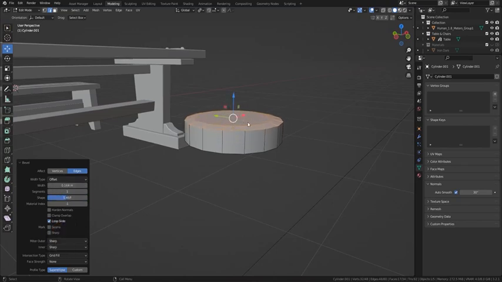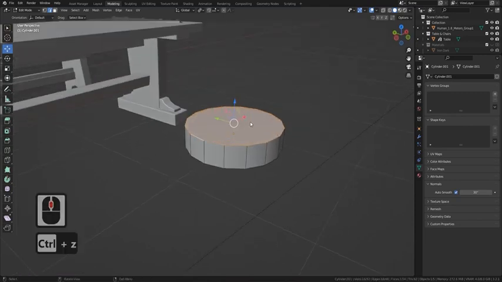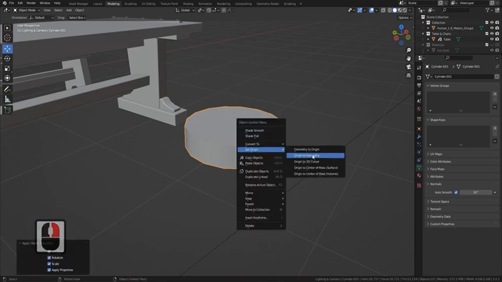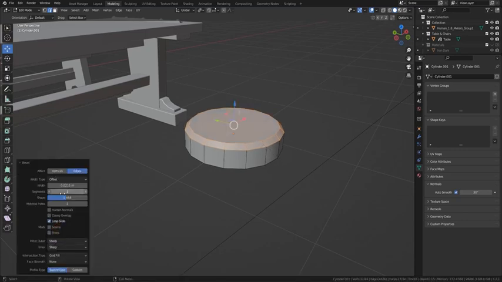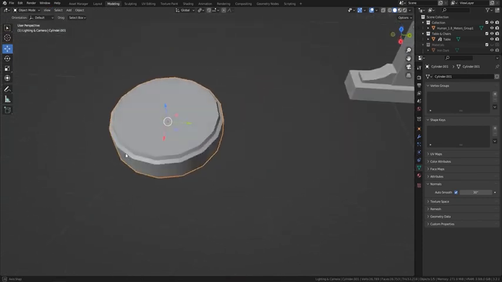Or it could be simply down to the fact that I've not reset the transformation. So I'm going to press Ctrl Z and do it again. So Control A, all transforms, right click to Origins Geometry. Now I'm going to press Control B, and now you can see it's beveling off much, much nicer. So I'm going to put it like that. I'm going to put this up to 2. And then I'm just going to change the actual shape of this. So if I change the shape, something like that,